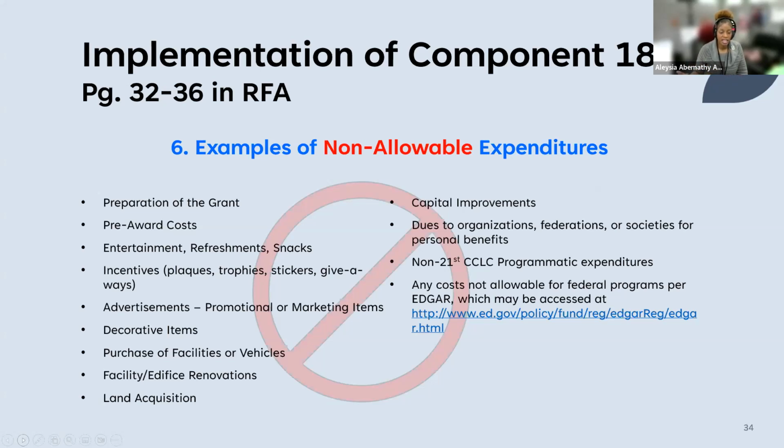Telling a business that if we get the grant based off of the services that you get, then we'll pay you. So you don't want to have pre-award costs. You don't want to be using the funds for entertainment, refreshments, snacks, incentives such as plaques, trophies, stickers, or giveaways, advertisements, that's promotional or marketing items, decorative items, purchase of facilities or vehicles, facility or edifice renovations, land acquisition, capital improvements, dues of any form of organization,